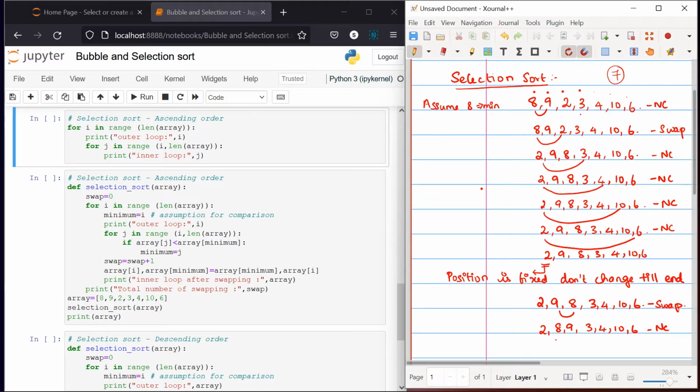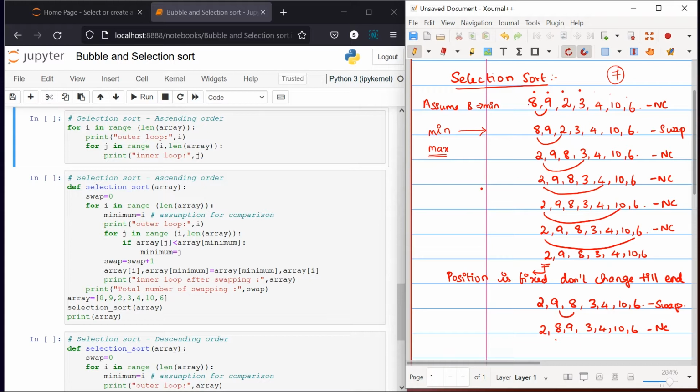Our selection sort works by fixing the minimum value in the initial position. There are two different ways. If you look at a few other textbooks, you can see two different ways: one with respect to minimum and one with respect to maximum. The method I have chosen is with minimum. You can try to do the same thing with fixing the maximum values also. So how does our minimum selection sorting work?